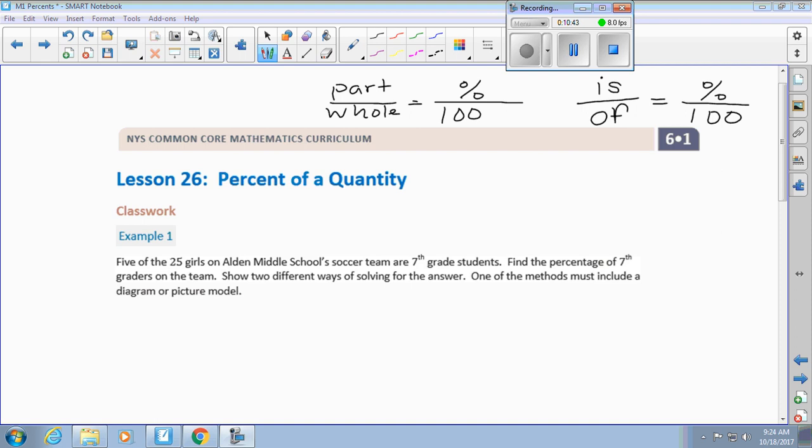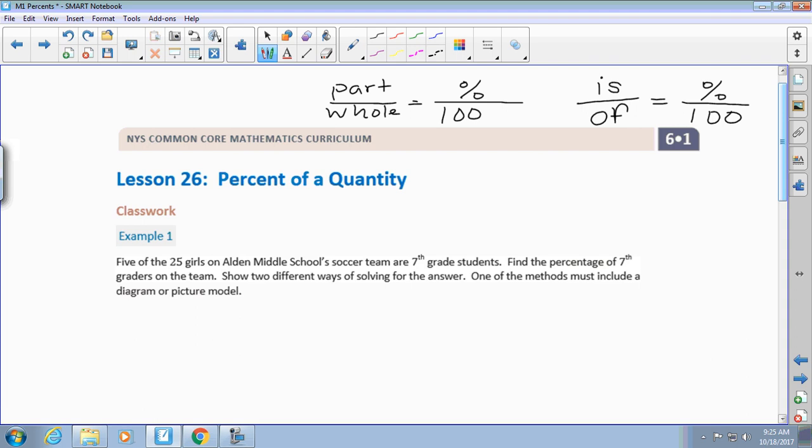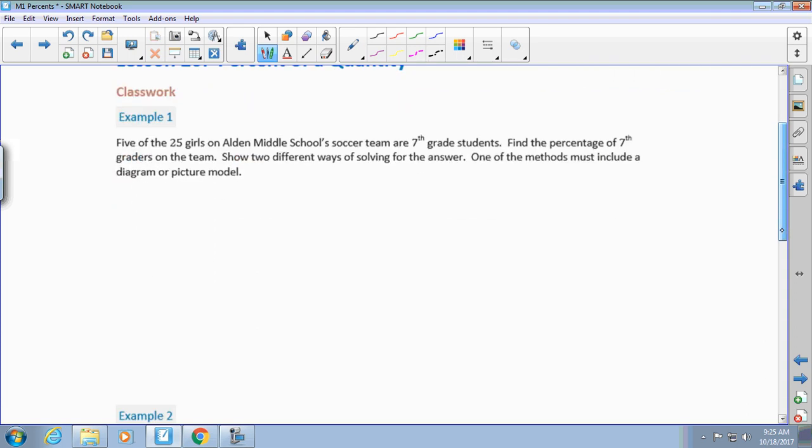But when we're doing these, we're going to focus on the proportion method. I will show you the double number line method, but personally, there's no wrong way to do it for sure. I'm going to be focusing on instructing you on how to use the proportion method, all right? So we know it's going to be part over whole equals percent out of 100, or is over of equals